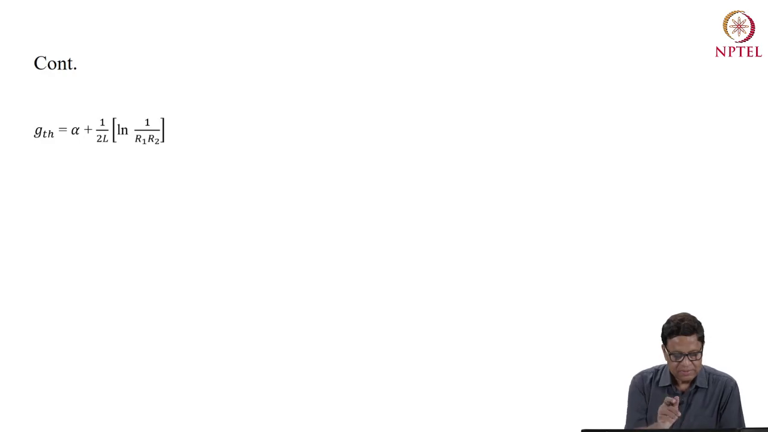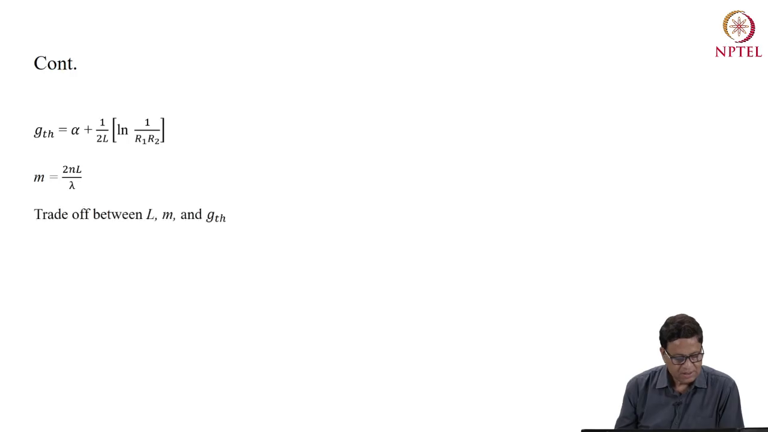So this explains the spectral width, and now let us try to find out what is the trade-off while designing a laser diode. There are three things which are in the hands of the designer: the length of the cavity, GTH, and M. As you see, there's a trade-off between L,